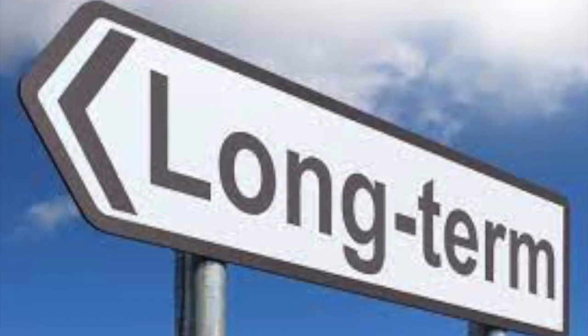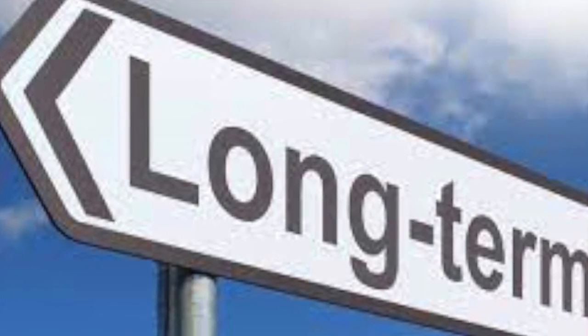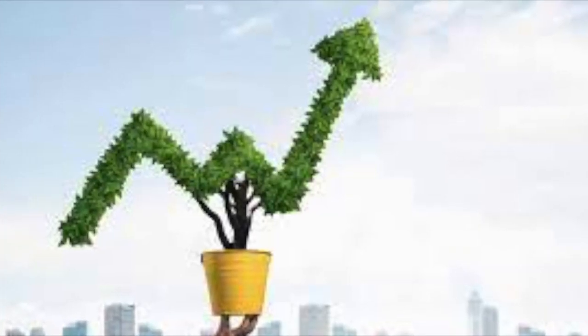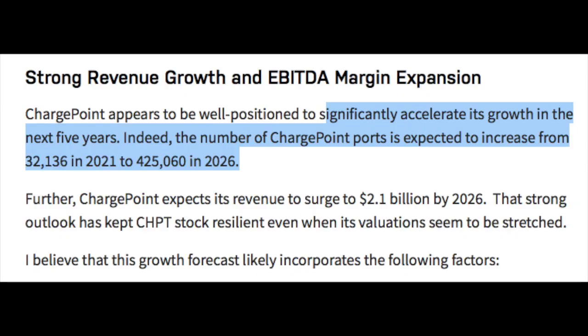But despite the minimal movement in the share price recently, analysts continue to believe that ChargePoint is a great long-term investment. Like this article just recently published on August 13th, in which the author stated that they believe ChargePoint has a ton of growth ahead of it over the coming years, with the EV charging company expected to have its market cap grow to at least $103 billion by 2028, citing that ChargePoint is well positioned to significantly accelerate its growth over the next 5 years, with the company expected to increase their charging ports from 32,000 in 2021 to over